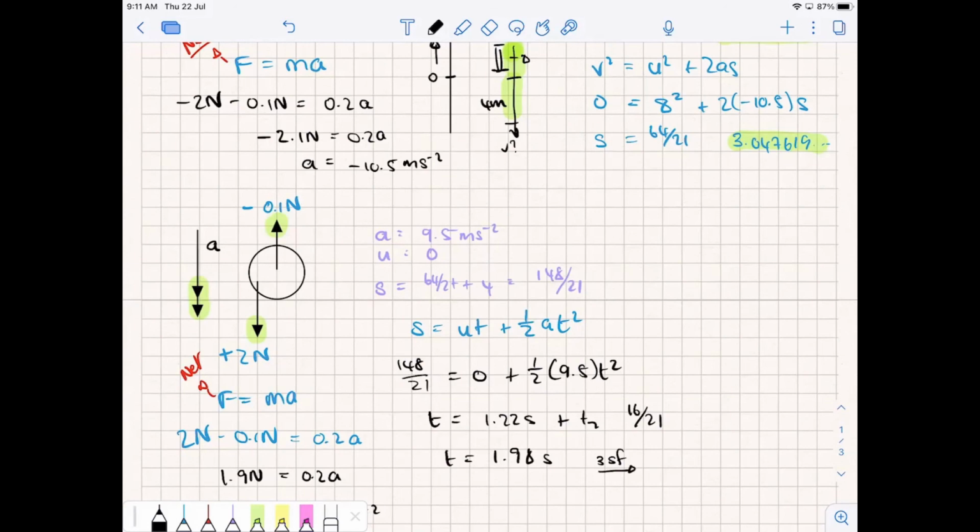So there's a 0.02 second difference between having that little bit of air resistance and